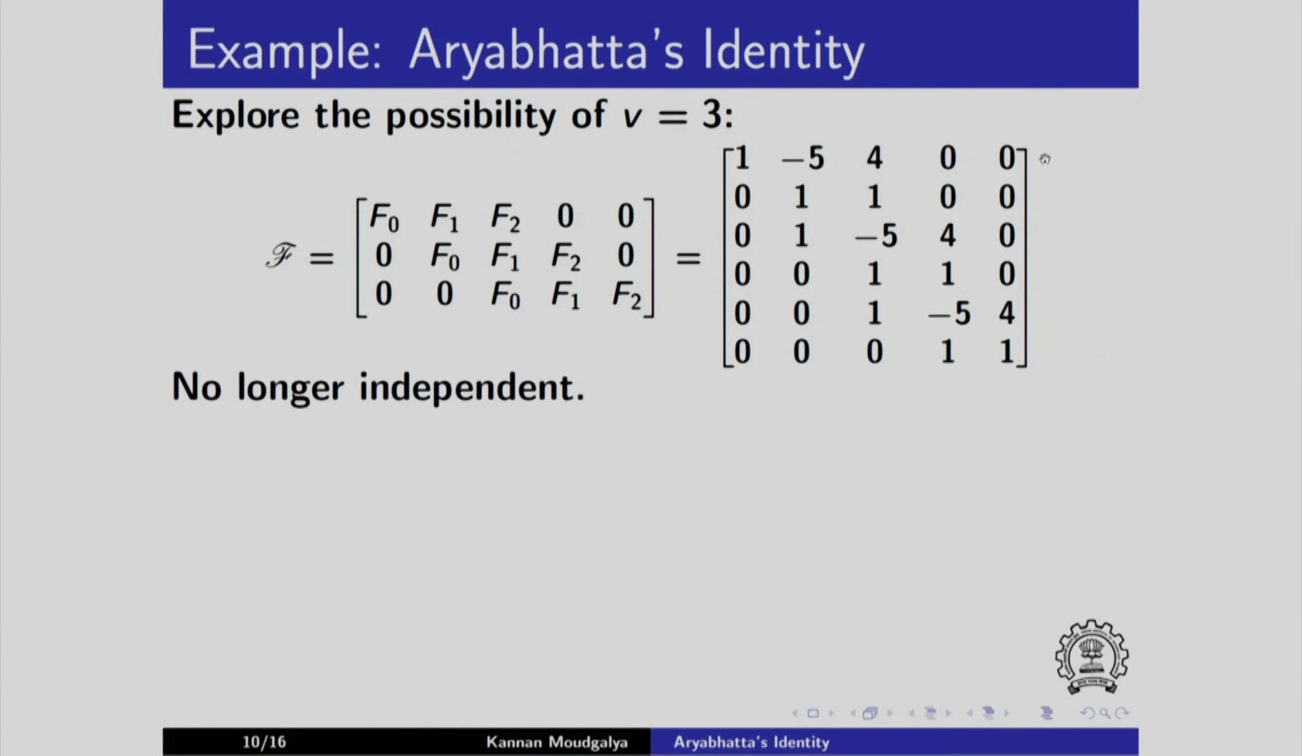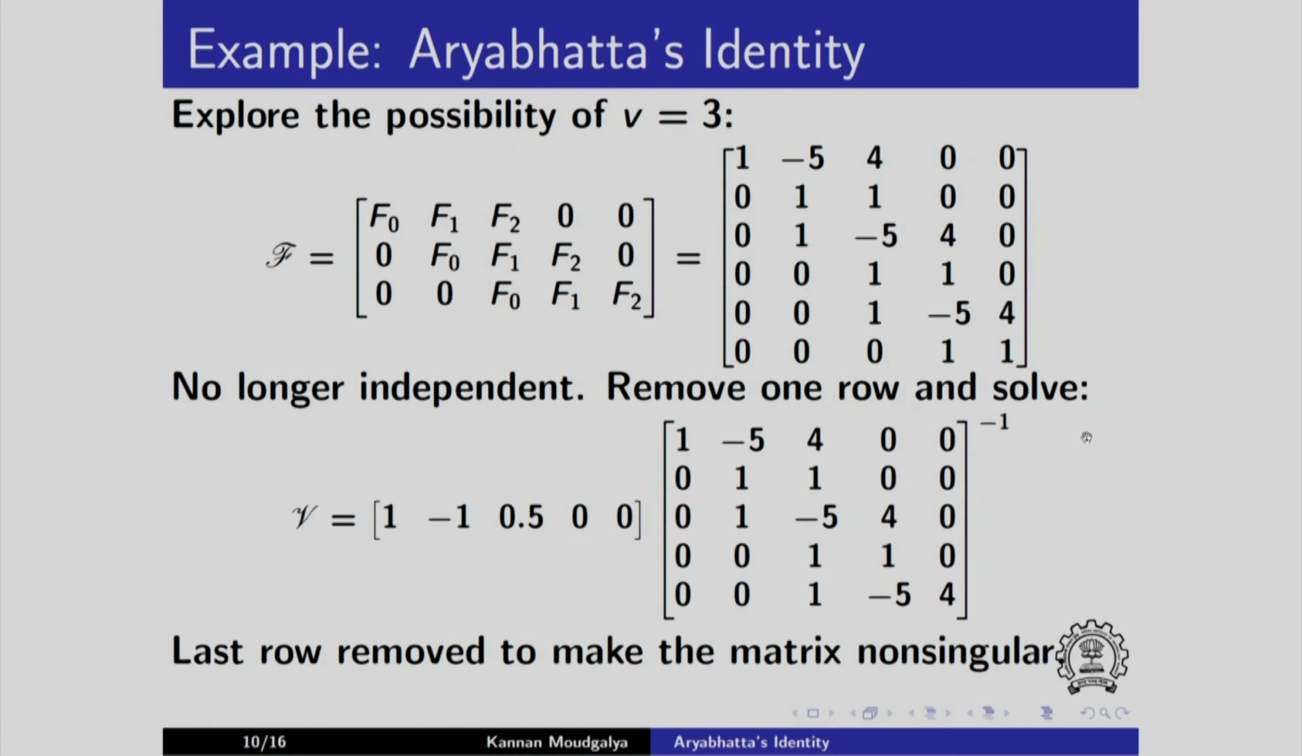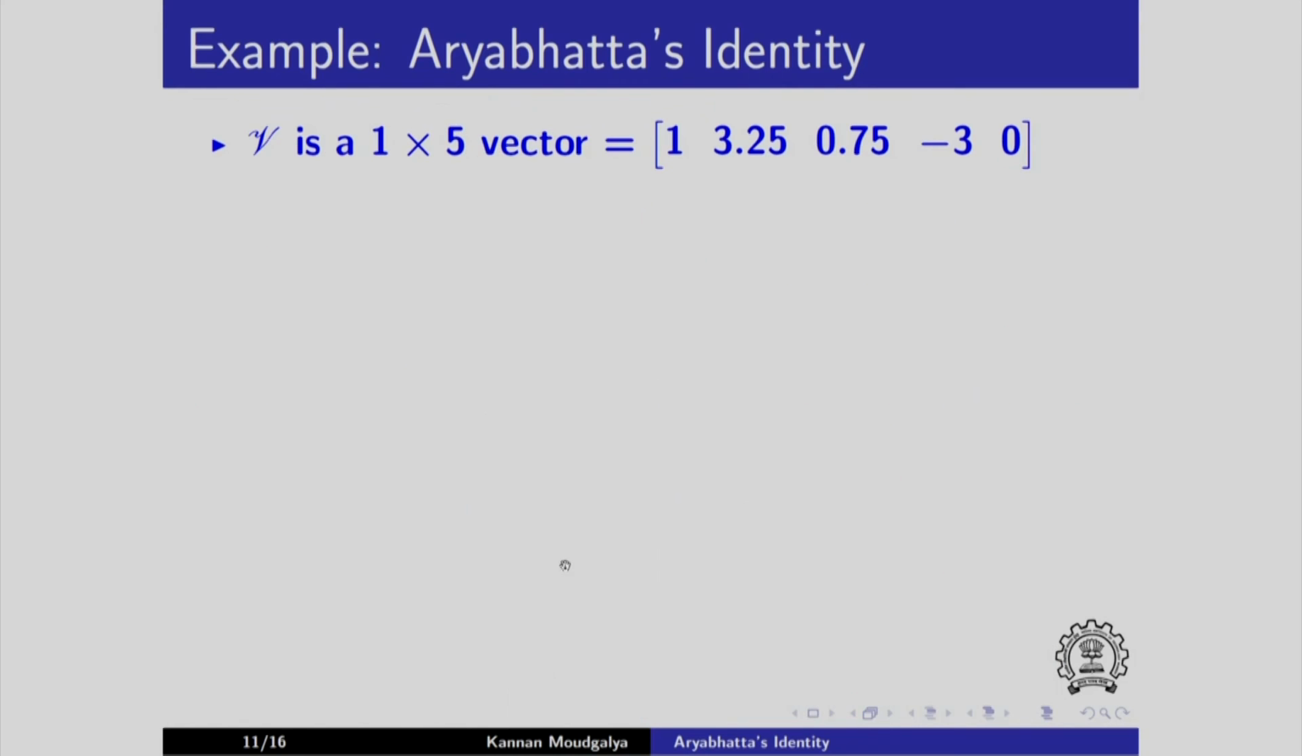It turns out that this is no longer independent. So, what we will do is to remove one row and solve. So, I have removed the last row, and we find that this matrix now is singular, and when solved I get this equation. So, here is the script v, which is obtained by inverting this and post multiplying this row vector. So, v is a 1 cross 5 vector,